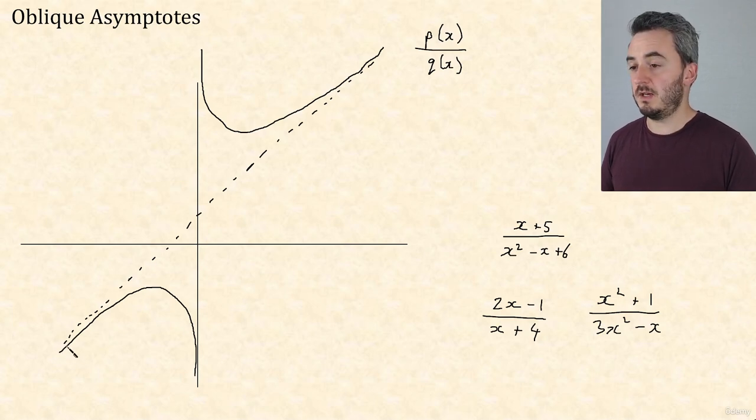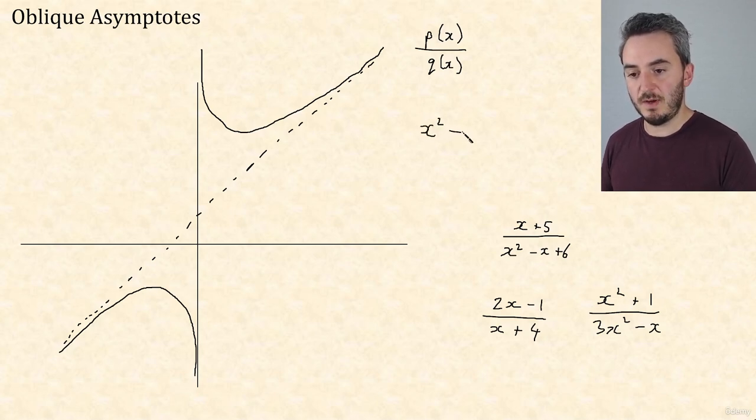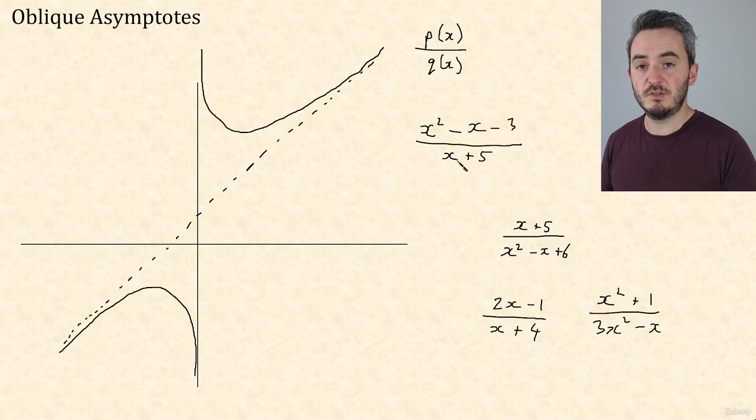Now, these sorts of things occur when the degree of the numerator is greater than the degree of the denominator. Specifically, we get a linear asymptote, like a straight line that we're approaching, when the degree of the numerator is 1 more than the degree of the denominator. So for instance, if we had a quadratic x squared minus x minus 3 divided by, say, x plus 5, in that instance, the degree of the numerator is 2 because it's quadratic. The degree of the denominator is 1 because it's just linear. And so the degree of the top is 1 more than the degree of the bottom. And that's when we get these